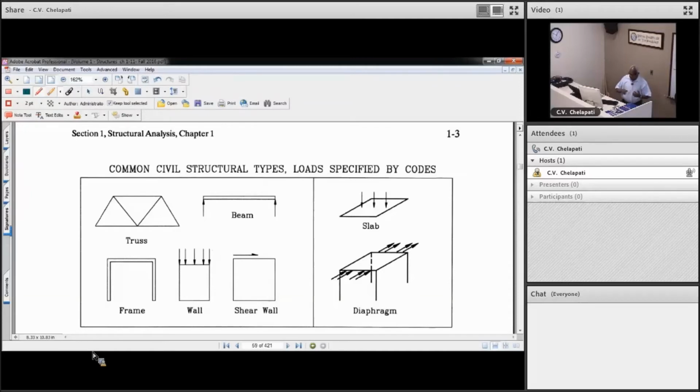As far as civil engineering structures are concerned, we have trusses and we have beams. This is what you concentrate on mostly in undergraduate, trusses and beams. And by the time you come back to frames, frames are really very important. This frame means, in some ways, this hollow space we have, basically the walls and the roof. But if the space is very long, you have to go to a frame, right? Because the walls cannot do it.